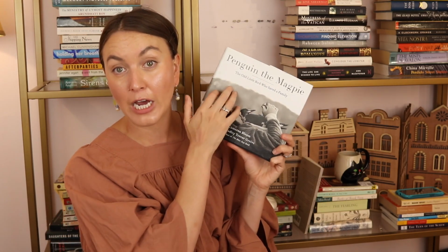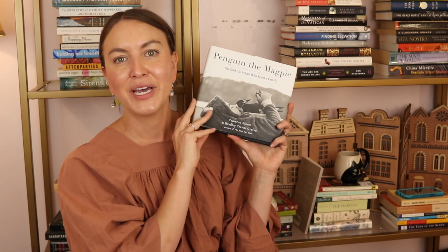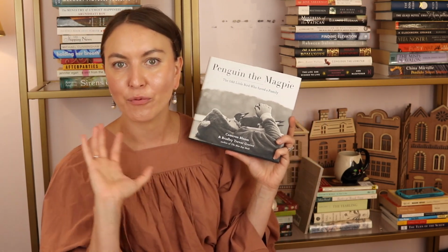There is quite a bit of photography in here as well, so it's their account but through words and photographs. So I guess this is memoir too. So many memoirs, y'all. H is for Hawk by Helen MacDonald. This is her memoir in which it is following the time after her father passes, and she decides to take